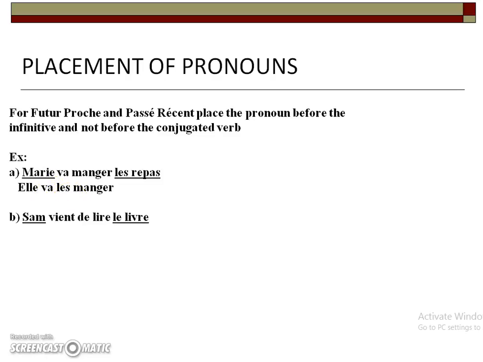Example number 2. Sam has just read the book. He has just read it. Il vient